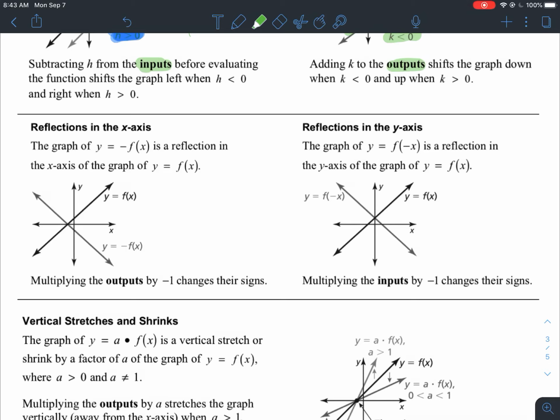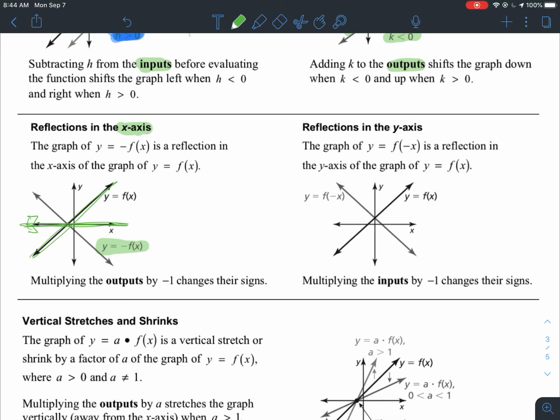Okay, the next transformations we have are the reflections. So reflections across the x-axis right here, across the x-axis right there. And that looks like this right here when you have a negative f of x. So it's flipping across this axis right here. You can see that we start going this way, but now we're mirroring it across this line, the x-axis. So that's a vertical